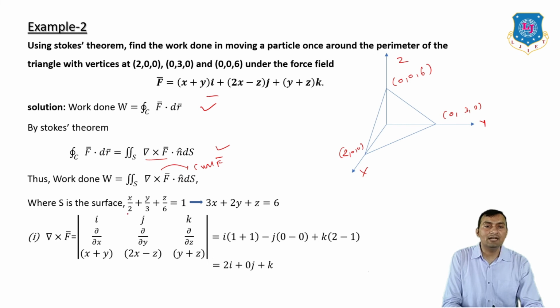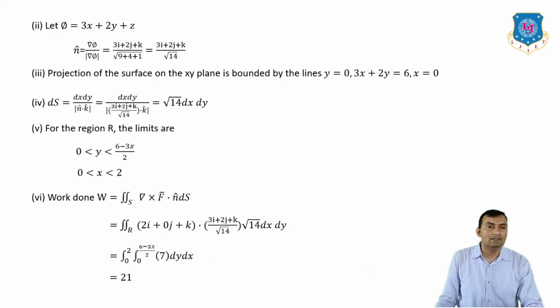Now S is given by these points, so we can write x divided by the intercept on the x-axis, plus y divided by the coordinate on the y-axis, plus z divided by the coordinate on the z-axis, equal to 1. After simplifying, you will get this. Now you can find the curl of the vector field F. And we have the surface phi equal to 3x plus 2y plus z, so you can find its unit normal vector. Now take the projection on the xy plane, so the surface region will be bounded by